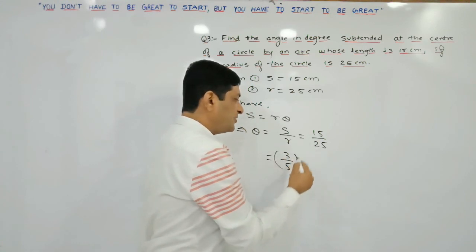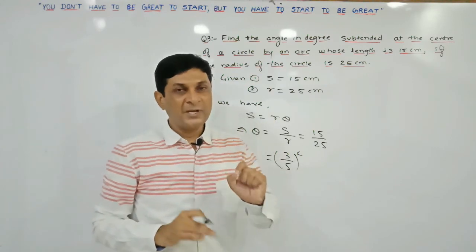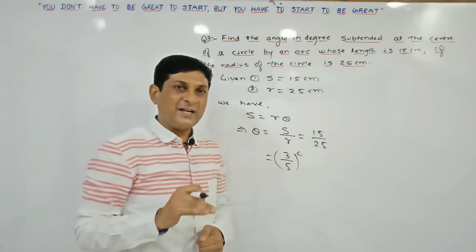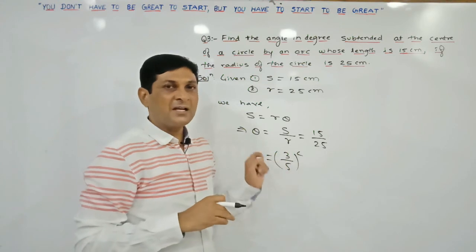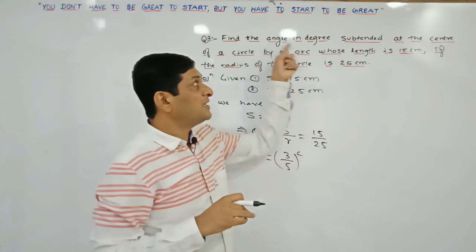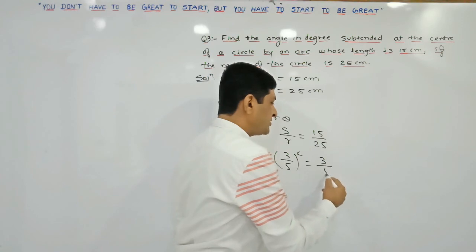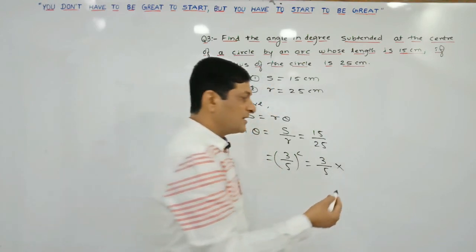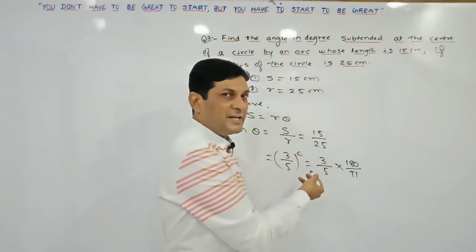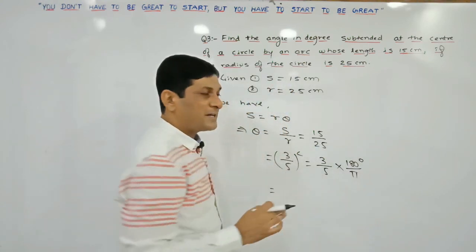So whatever value you are getting is in radian, because we know that this formula is applicable only if theta is measured in radian. Applying this formula, whatever angle you have found here is in radian. But the question is to find the angle in what? Degrees. So let us try to convert it into degrees. We know that a radian measure can be converted into a degree measure by simply multiplying it by 180 upon pi. If you multiply the radian measure by 180 upon pi, it will get converted into degrees. The remaining part is the simplification part.